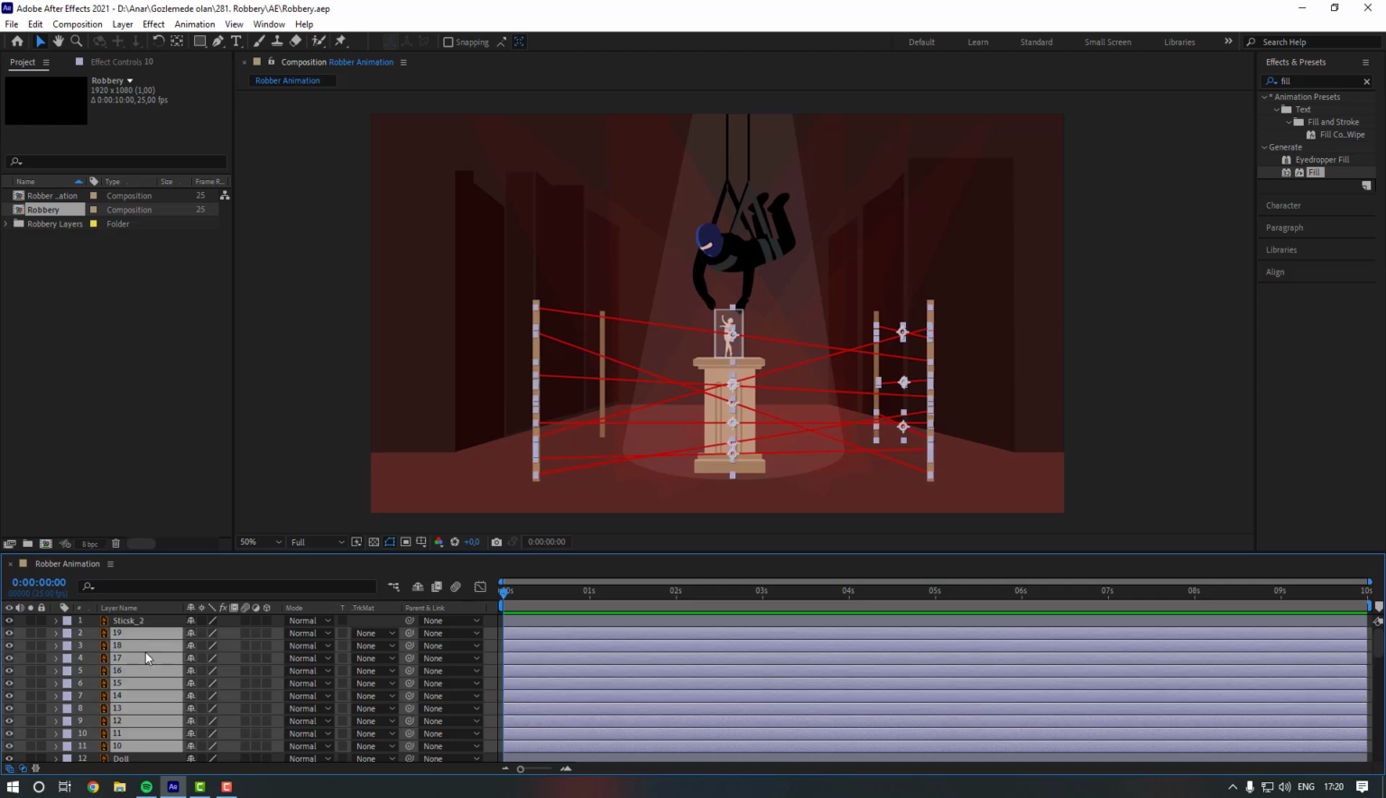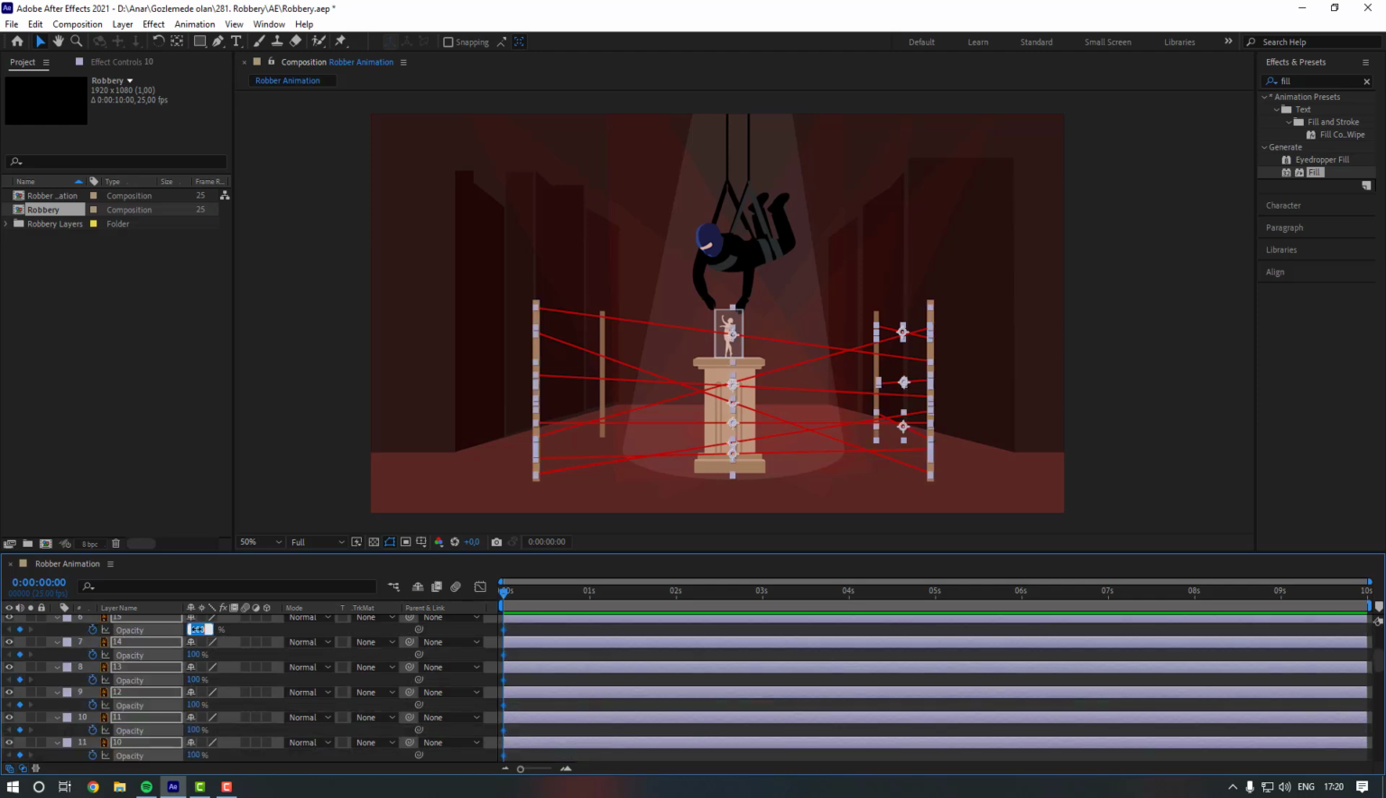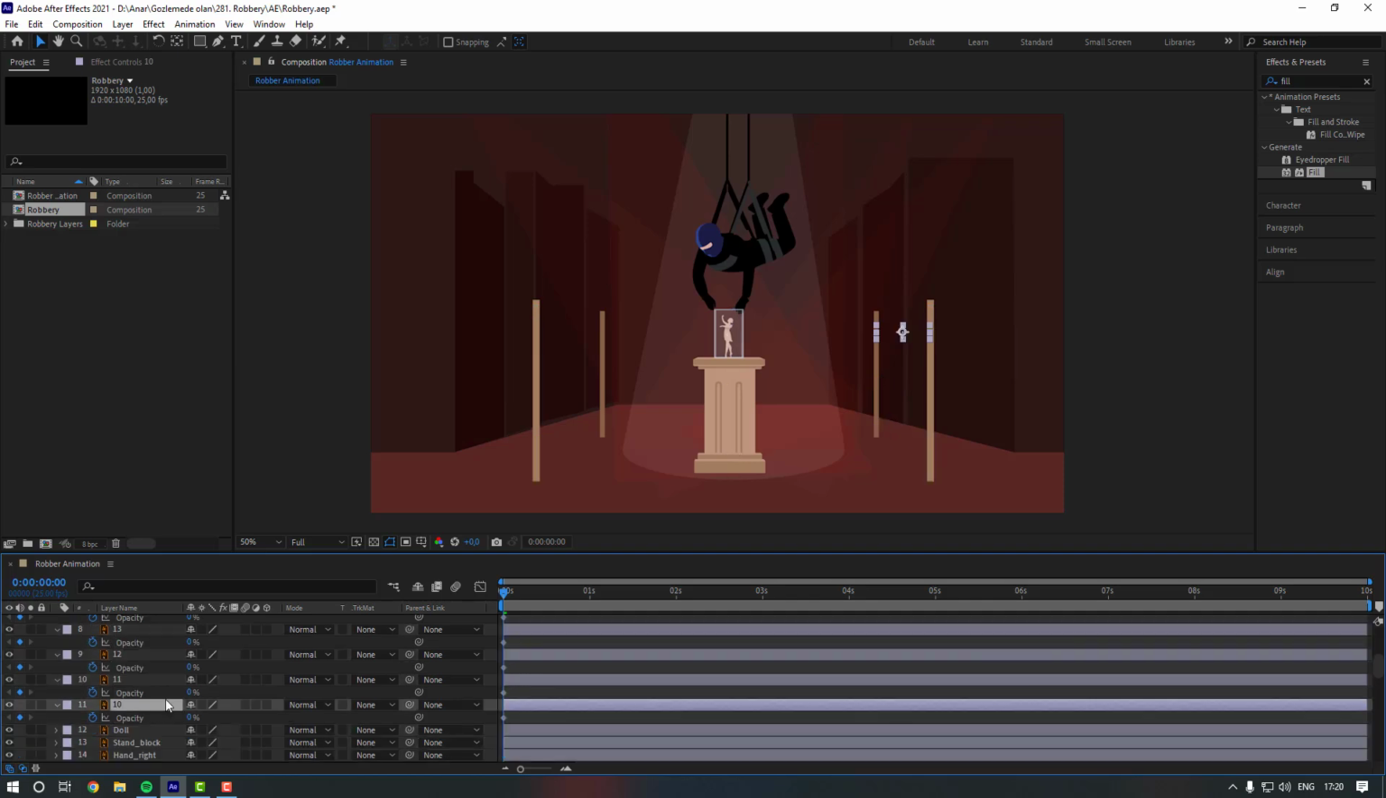Let's select them and press T, make opacity keyframes and change them to 0. And select this layer. Let's go 5 keyframe, 1, 2, 3, 4, 5. Let's make it 95 and go 3 keyframe. Let's make it 40